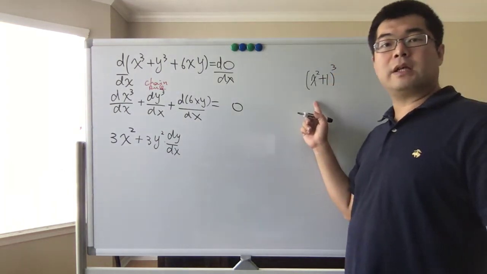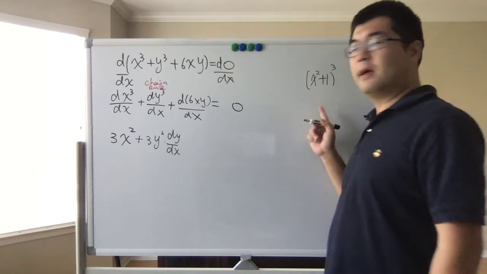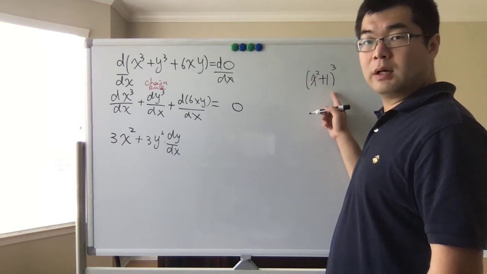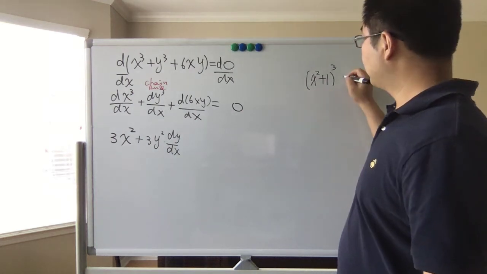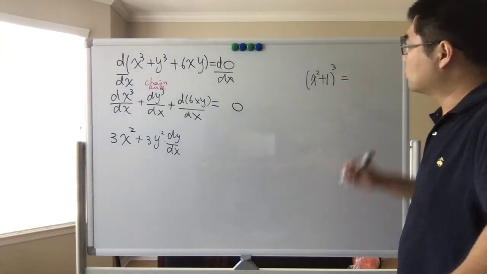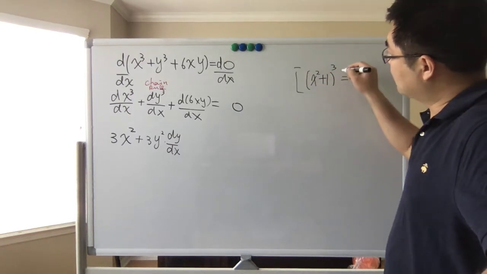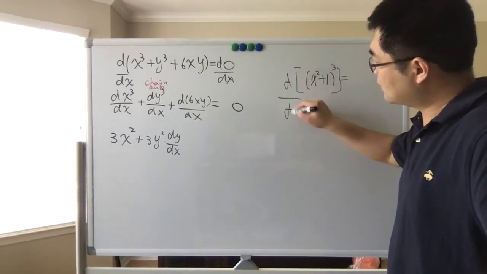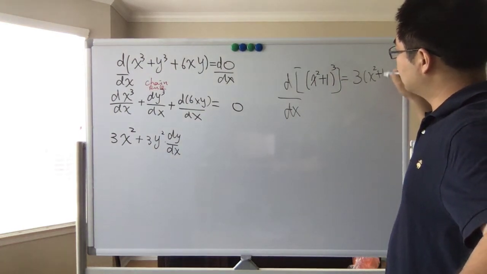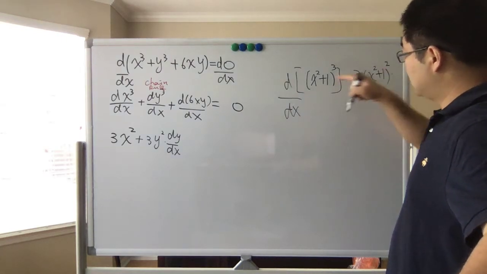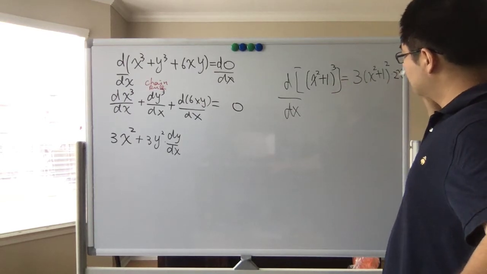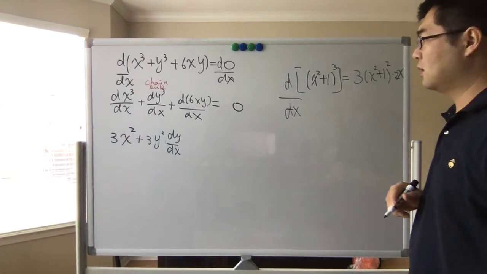Let's say I have a function (x squared plus 1) cubed, and I'm asking to figure out the derivative of this with respect to x. So following 3.6, the chain rule with the power rule, do you see that the derivative of this, d/dx of this, equals 3(x squared plus 1) squared times the derivative of the inside function, which is 2x, right? We know that. But now, guys,